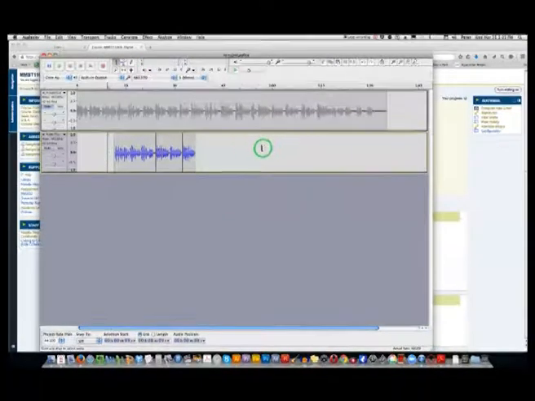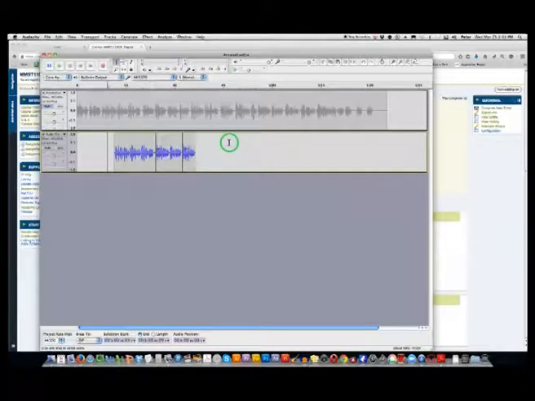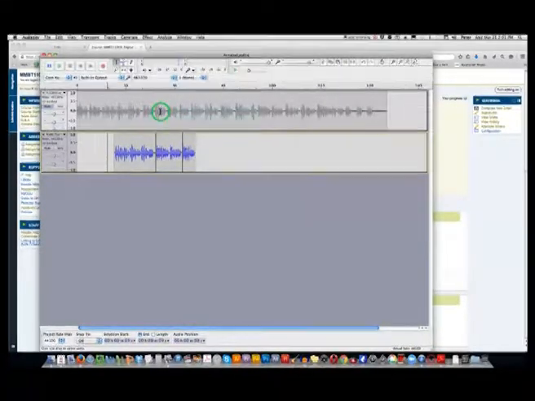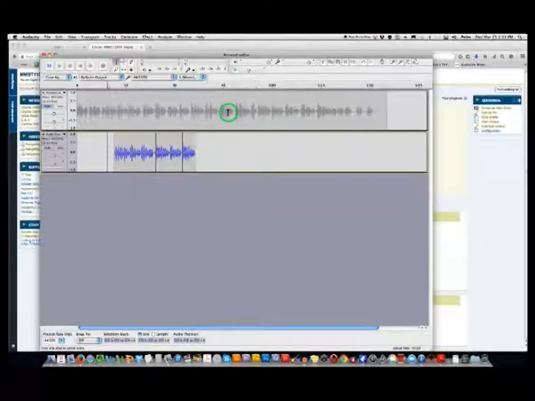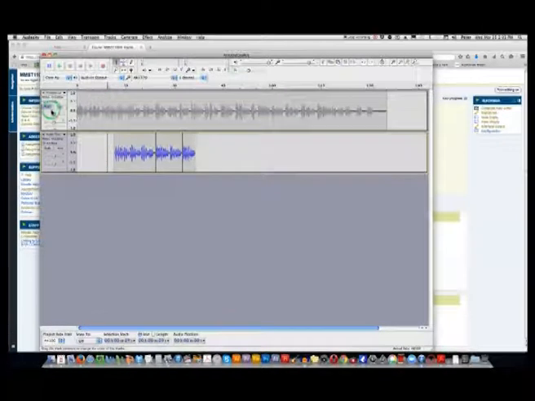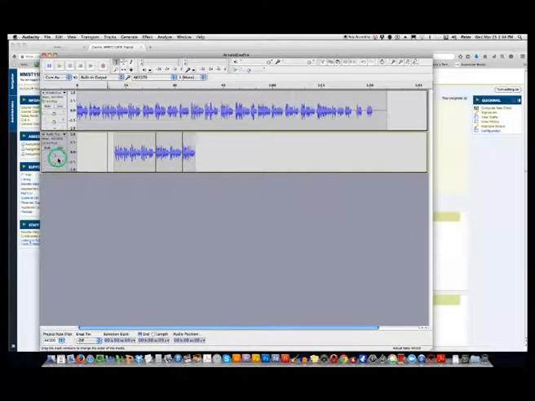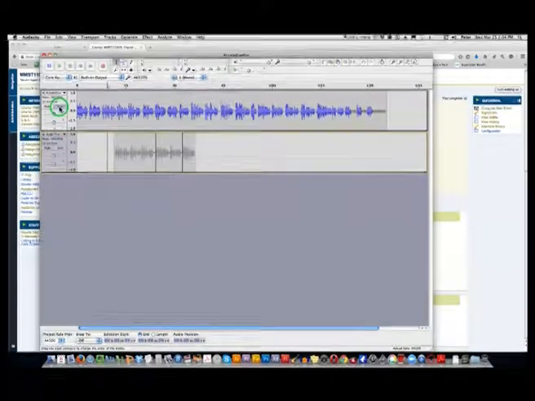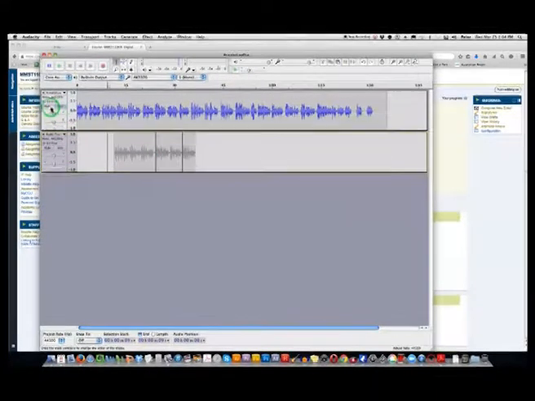So there you are. We've constructed something. It's not particularly good, but it's just the way you do it. As I say, you can put another track here, import another poem, or another two poems, and build a track here, a track here, a track here, and grab bits and put them into this kind of track there. If you want to play this one again, put it back onto mute. You can play it by itself, and it'll black that one out. Mute and solo are just useful things so you can move around.